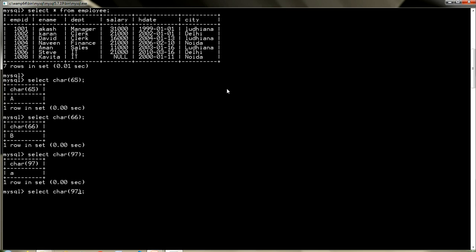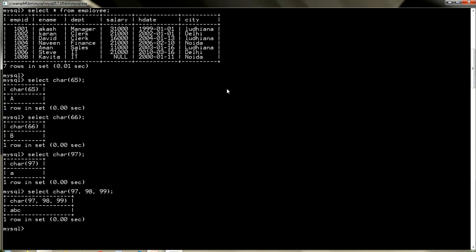So you can give more than one parameter also. So you will get result ABC. The ASCII code that you write down will give you the equivalent character which is assigned to that code. These are fixed. So the char function returns the character whose ASCII code is written in the parenthesis. Hope you understand.